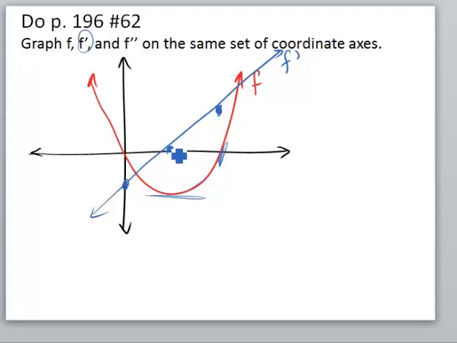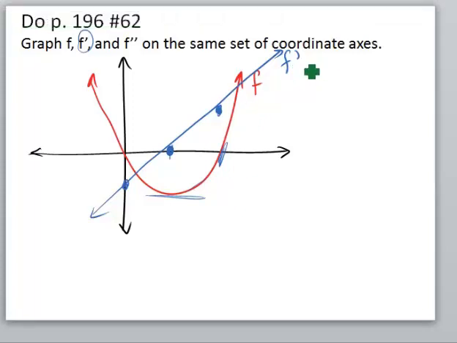At 2, the slope of the tangent line of f is 0. And you can see that in the picture. At, maybe this is 4. At 4, the slope of the tangent line is 2. And so you can see the slope of the tangent line is 2. So there's f prime. Now f double prime,